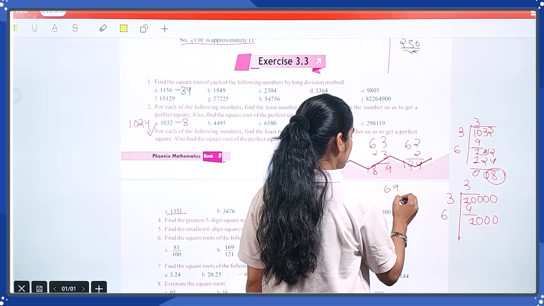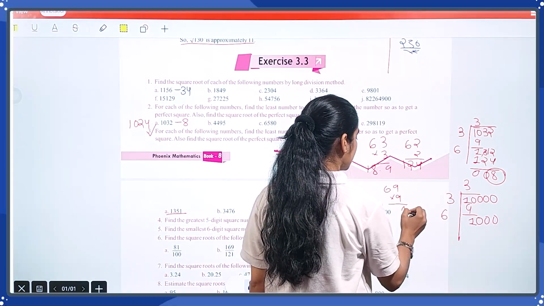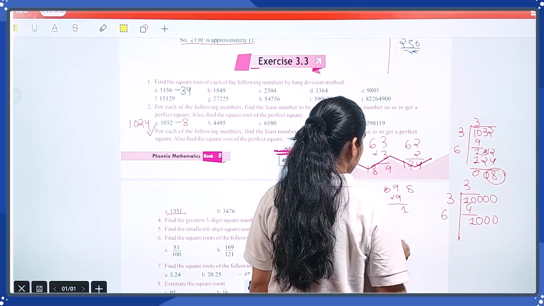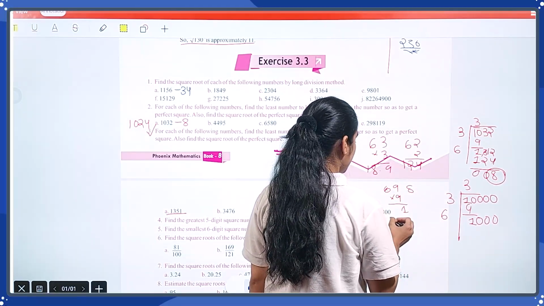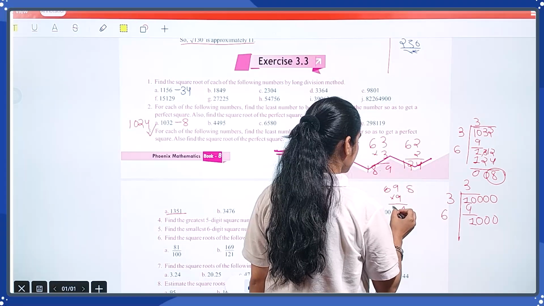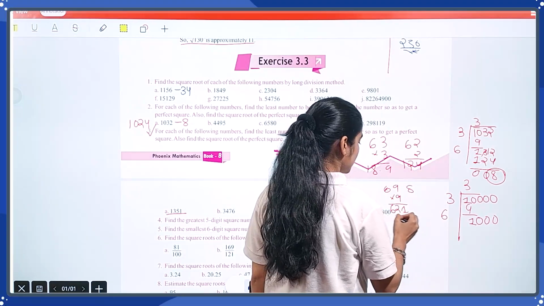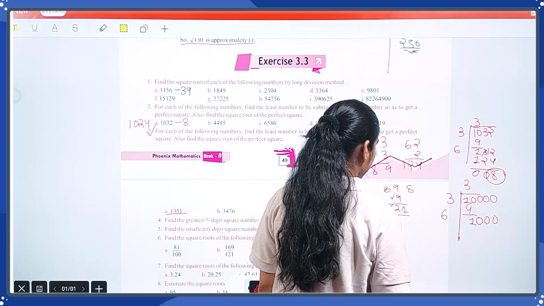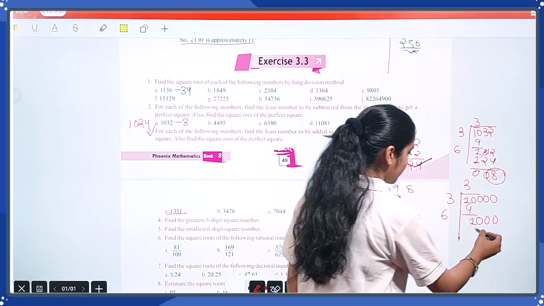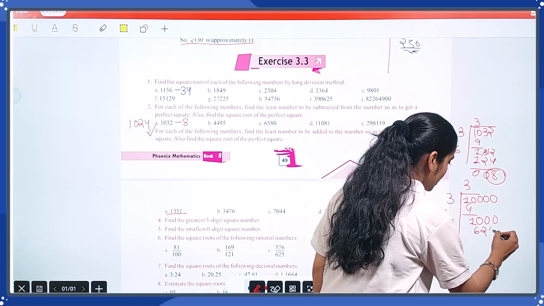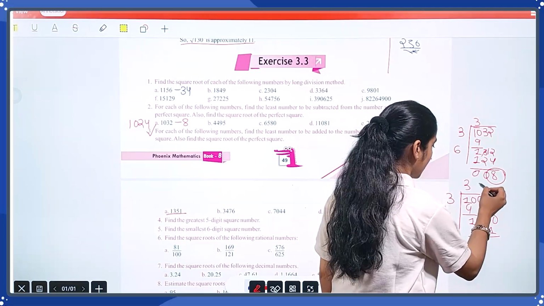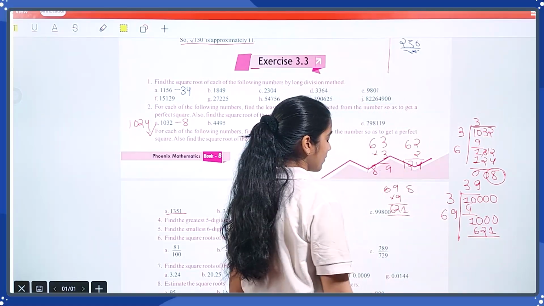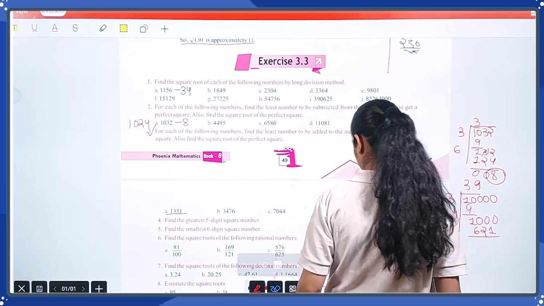So 69 multiplied by 9: 9 9s are 81, 6 9s are 54, 54 plus 8 is 62. So 62 is smaller. So you have to subtract 621 over there because this is the last option we have. So 39, 69. Next, while you subtract it,